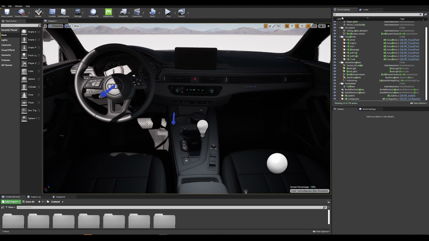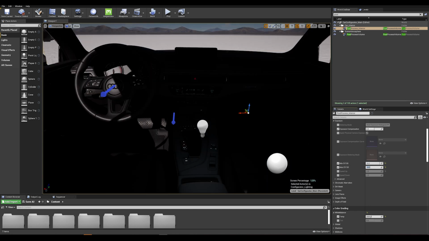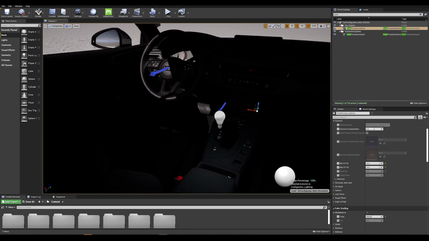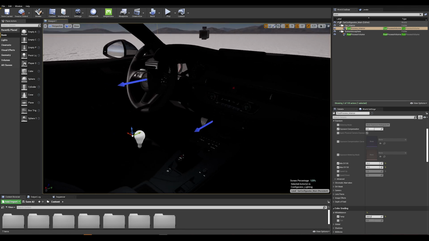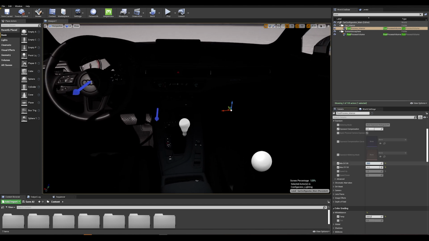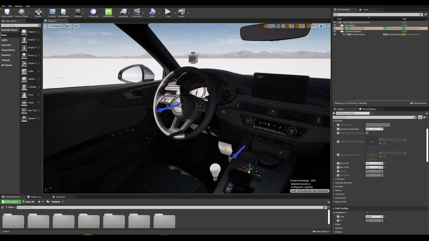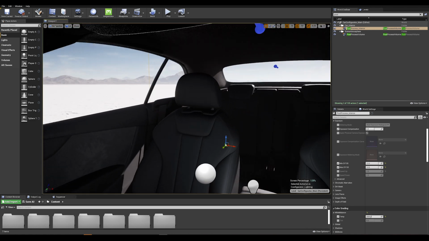If I go to my post-process interior, we can see that our min and max values here are slightly lower than what's at the exterior. If I set that to 14.2, which is like the exterior, we don't have much light information going on. It's rather hard to see what's going on in the cabin here. So I'm going to put that back to 12 and 12, and that controls your exposure value for the interior.